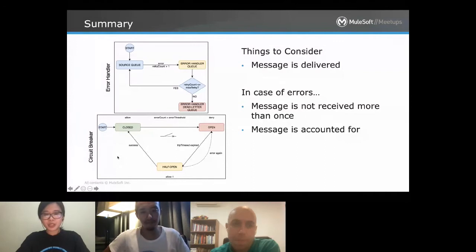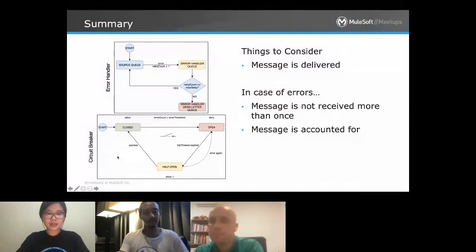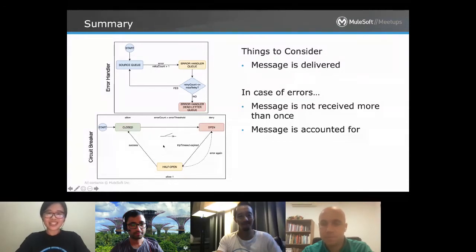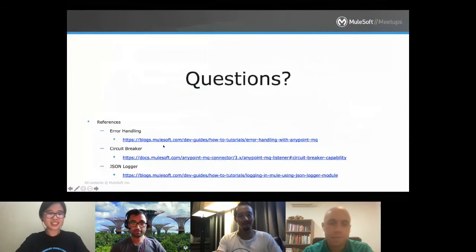And if we want to highlight the differences for the error handler approach, it's based on how many attempts we retry per message. On the other hand, for the circuit breaker, in our sample, we don't have a retry attempt per message. Instead, as soon as the unique messages meet our threshold, then it would trip the circuit breaker. I hope that demo gave you some idea on how best to implement this in your projects. And would you have any questions?